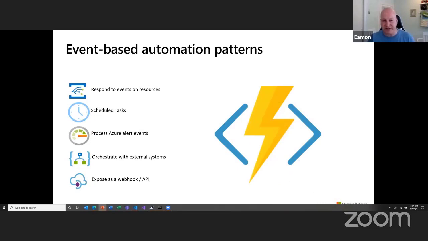So here are some of the patterns we've been seeing with event-based automation. And PowerShell, I think, since we introduced it, is probably one of the fastest growing languages we have inside this service. Because we have more and more developers, but also IT, trying to solve these types of challenges that are difficult today using their existing automation solutions, like responding to events on resources. A storage account was created, I need to go do some action; a virtual machine was created or a container, how do I actually go and respond to that? So all of these maintenance tasks as well as automation tasks are now available using event-based automation patterns using Azure Functions.